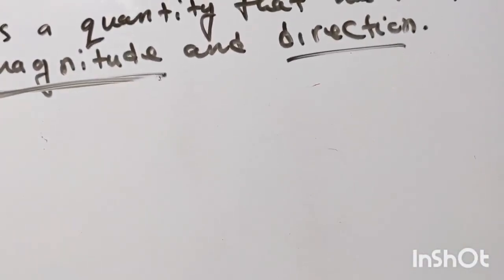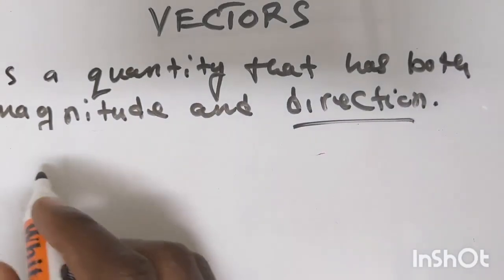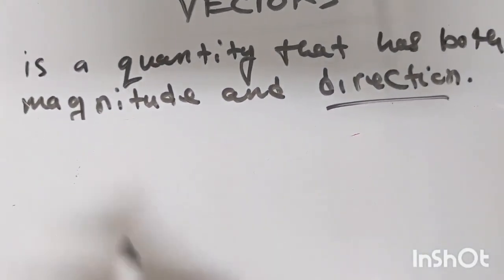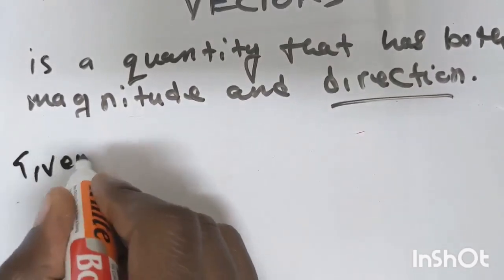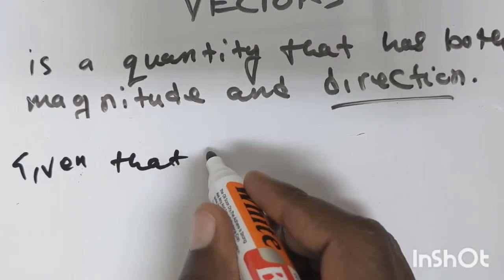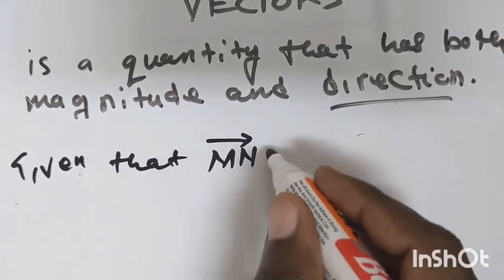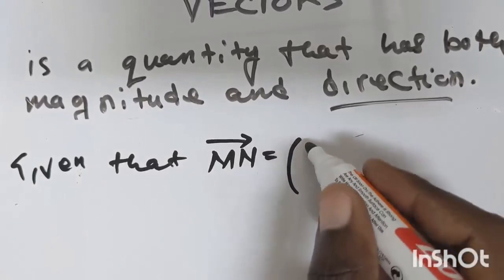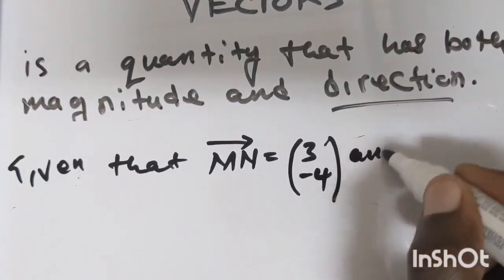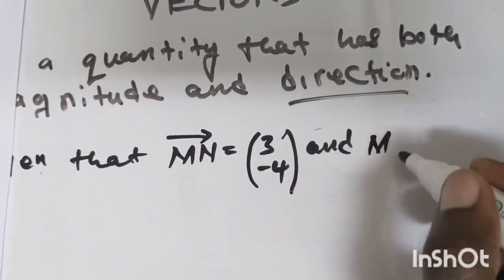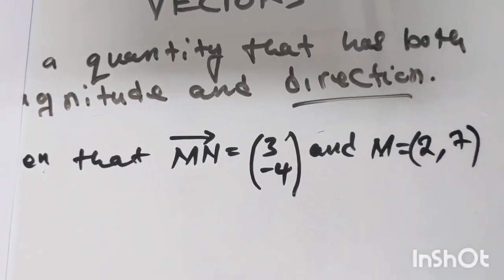Okay, so here we have an example. You find the question saying that, given that vector MN is equal to (3, -4), and M is equal to (2, 7). Then you find the question saying that